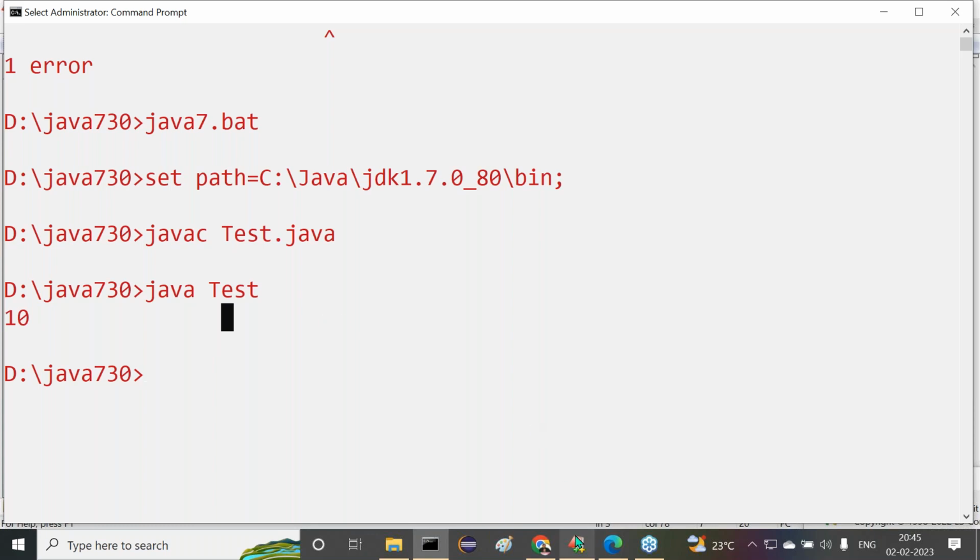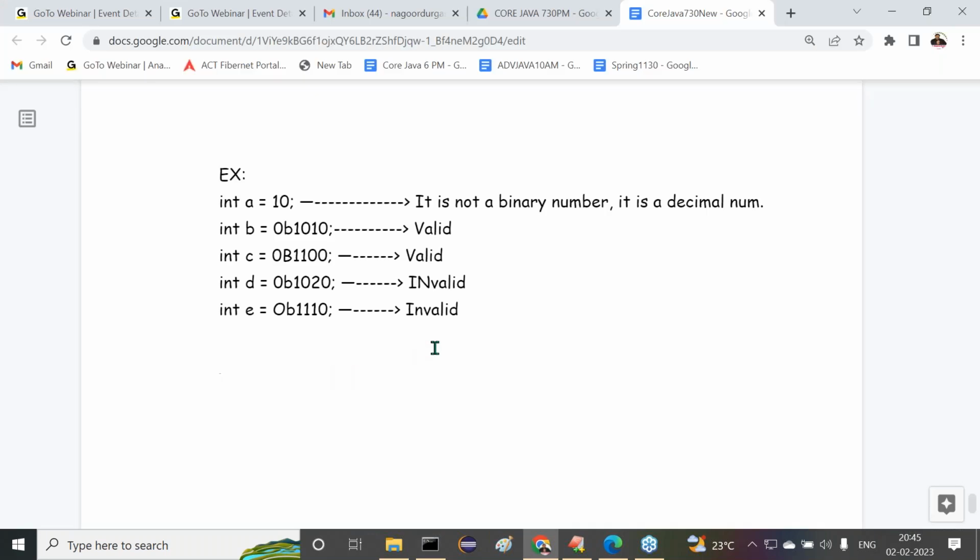So now I can give one conclusion. What is the conclusion I can provide here? Now tell me, a note kind of point. All right, sir. Binary number system is not supported in Java up to JDK 1.6 version.